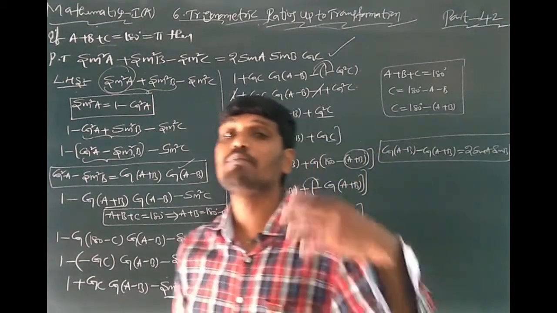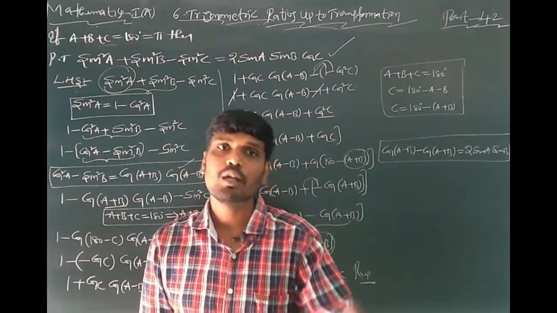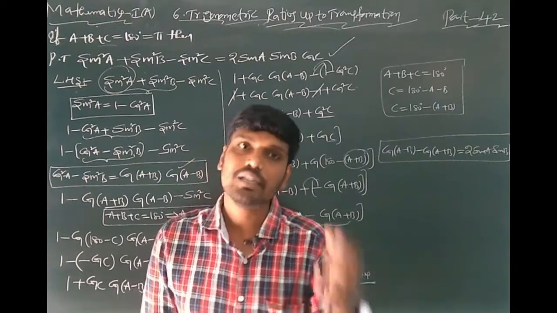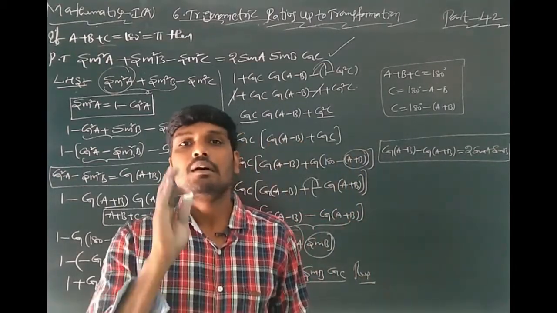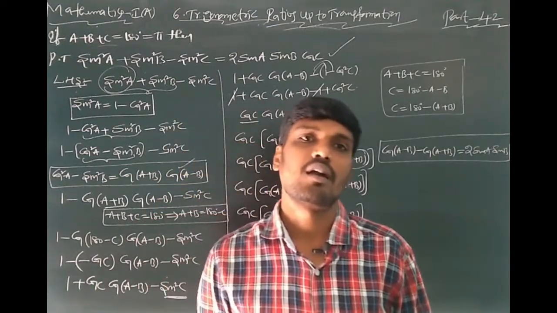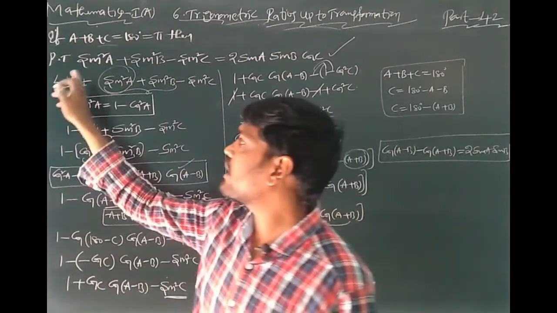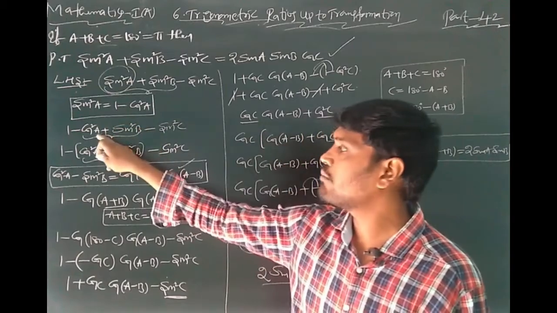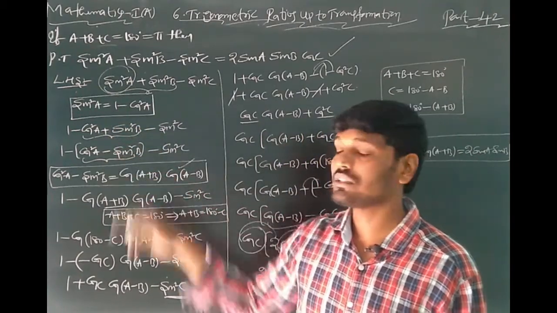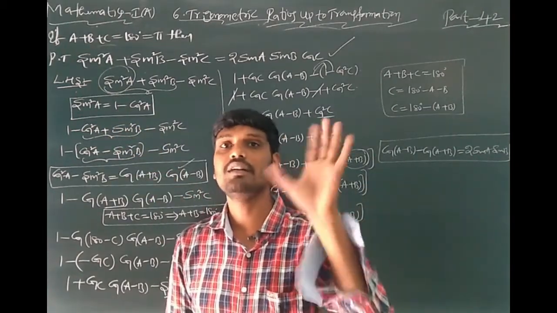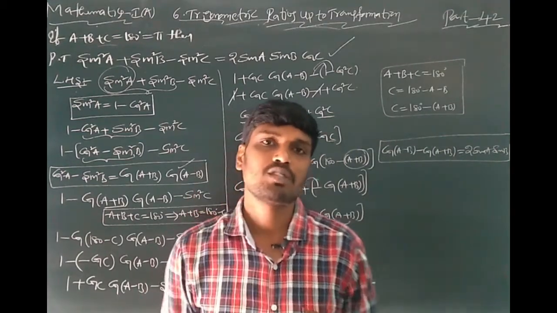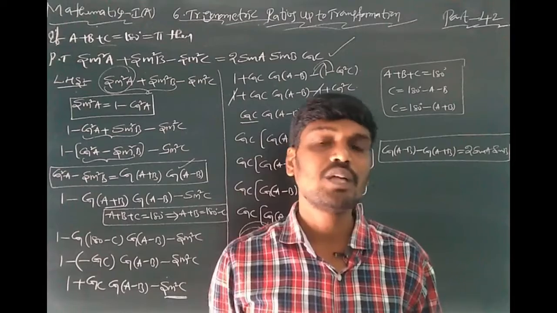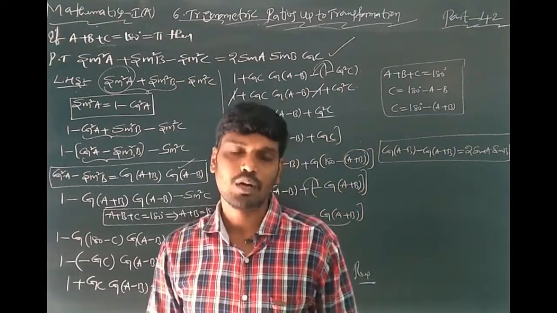This is another model problem. These model problems are unexpected. These model problems are coming in the IP examination. 90% students get this answer wrong. Why? Because you can convert this form 1 minus cos square A, after that cos square A minus sin square A formula is not coming to some students. That's why you read and write formulas perfectly. You can easily understand and easily solve these model problems.